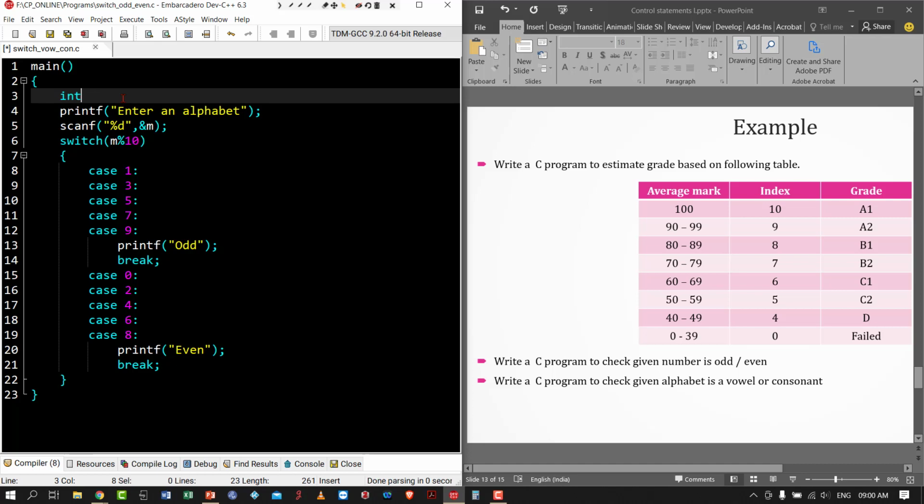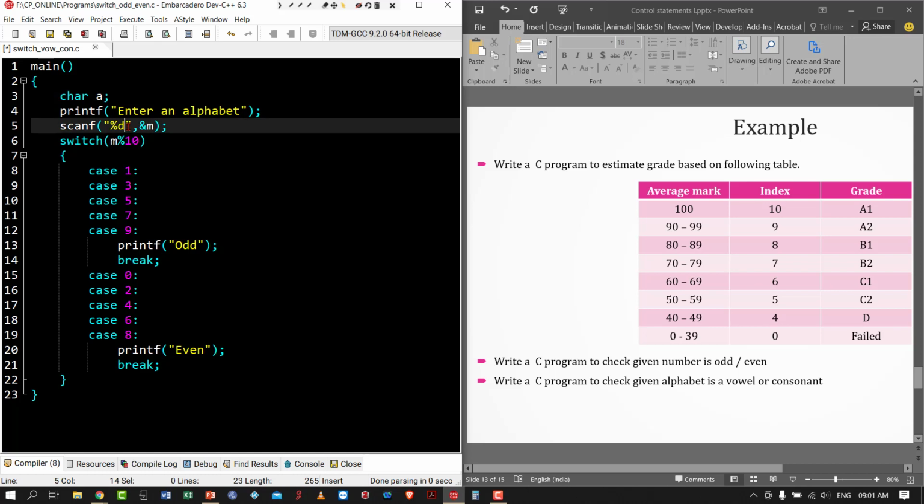So I am declaring it as char A. In scanf, what is the modification I have to make? What's the modification needed in line number 5 to read a character? Percentage